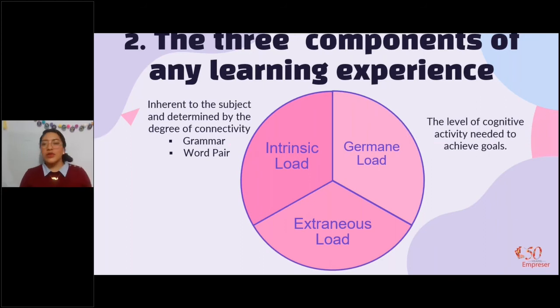Now, the second one, the germane load. This is the level of cognitive activity. What is it that I need as a student to achieve the goals for the lesson? And here is when we as teachers have to be more thorough. We have to help them, because here we ask them to do things that require critical thinking and problem solving. So here we do such things as comparisons. And this might sound silly, but if you present information, how can they then analyze that information? It might be through a Venn diagram. Maybe students have never heard of a Venn diagram, so you need to go through that.